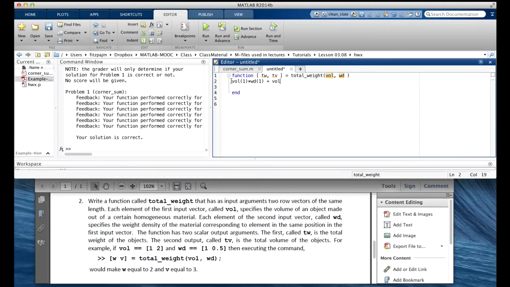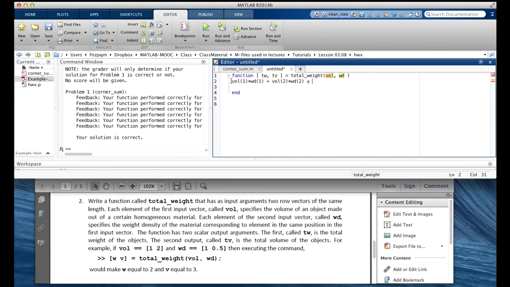That'd be the first volume times the first density to give the first weight. That's the second volume times the second density. We don't know how many of these we've got. What if they give us 500? We can't be typing 500 in.